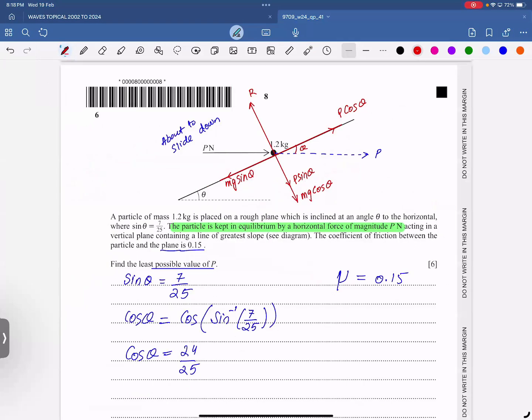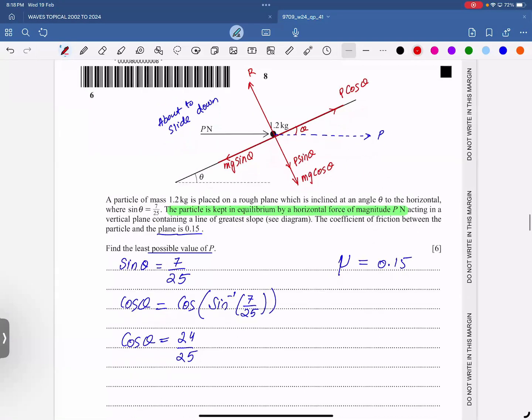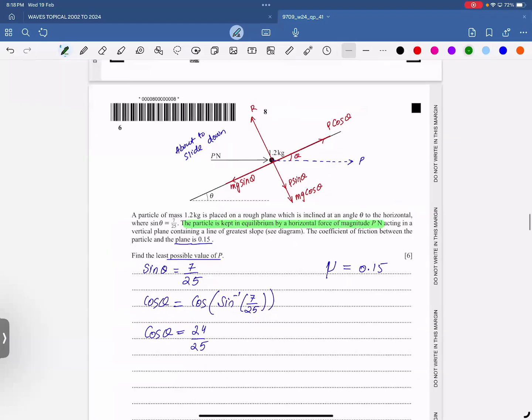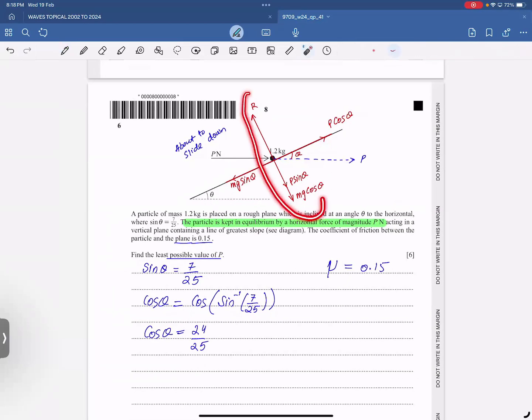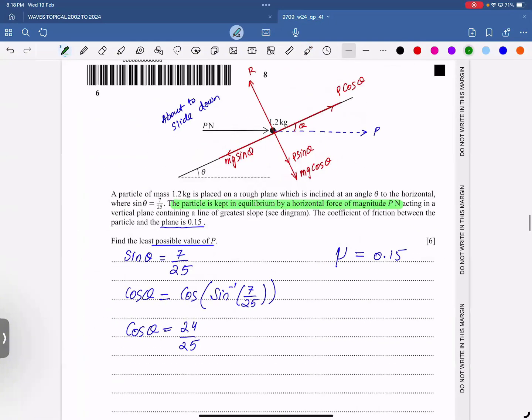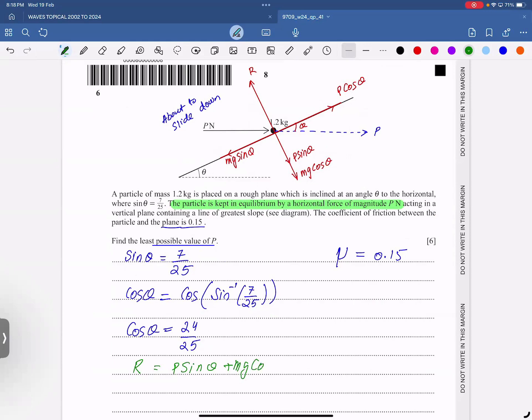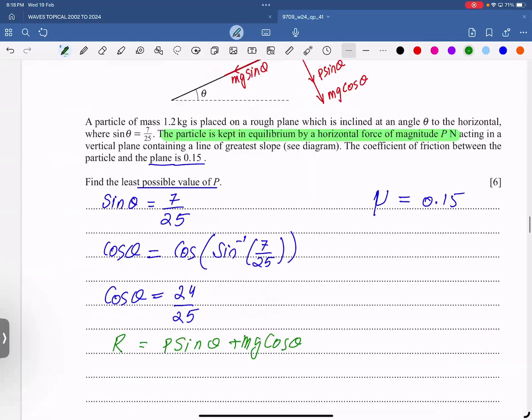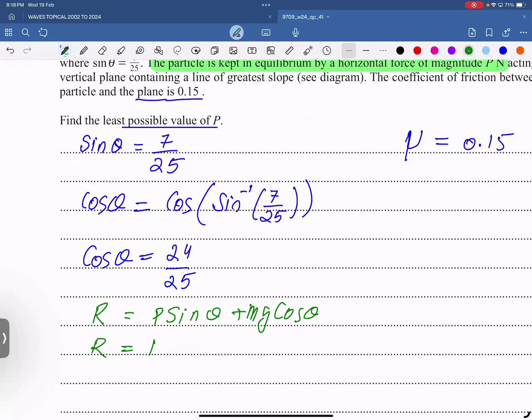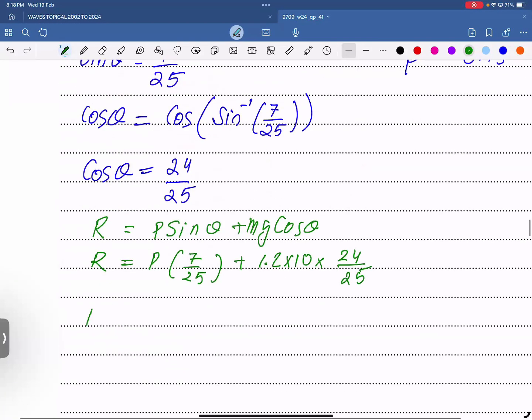Equation for R, my dear students. So R is going to be P sine theta plus mg cosine theta. Okay, so m is 1.2. Sine theta is 7/25. 1.2 times 10 times 24/25. So R is equal to, you can give me the decimal value of 7/25,